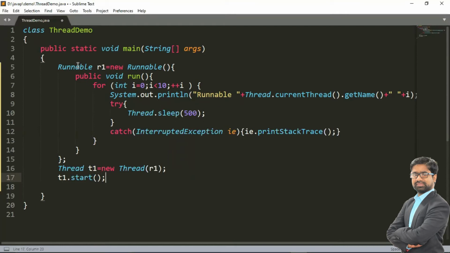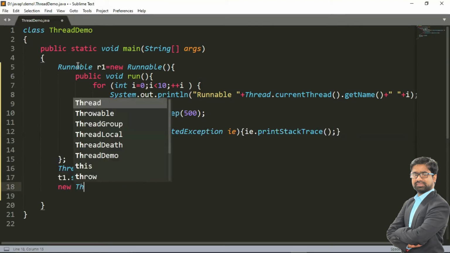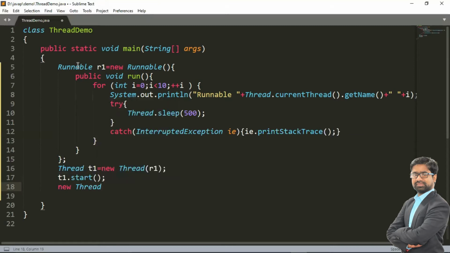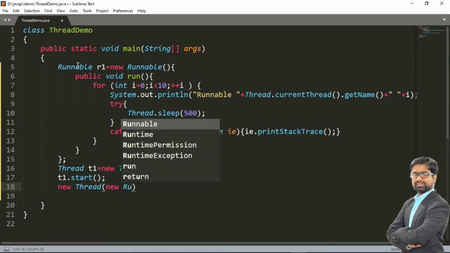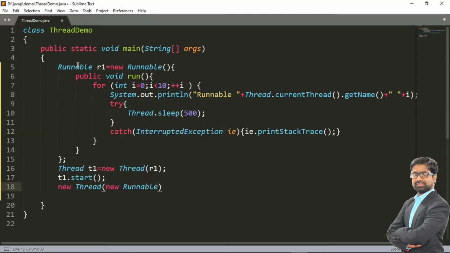Now how do we create an anonymous inner class using the Runnable interface? We are going to create the logic for it. We have to write like this: new Thread, and here we have to create the instance of the Runnable. So new Runnable, and just add the logic like this.